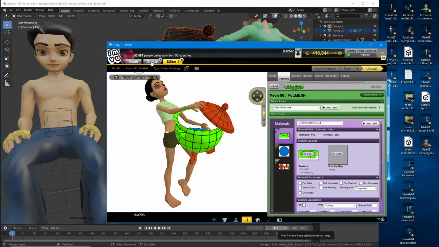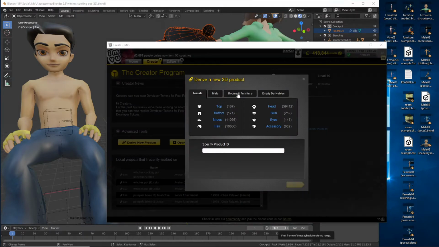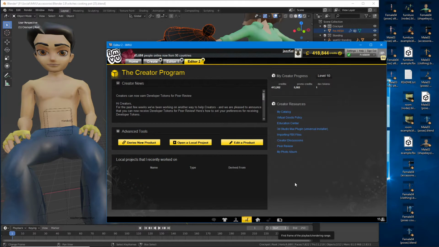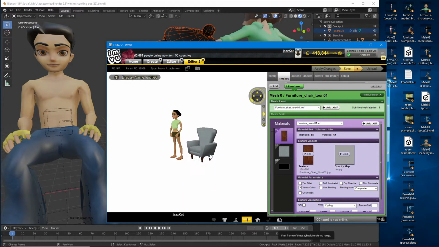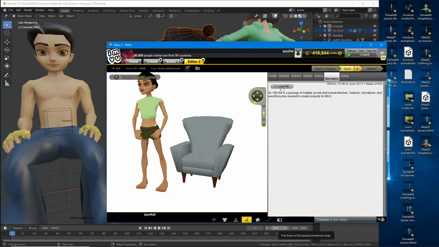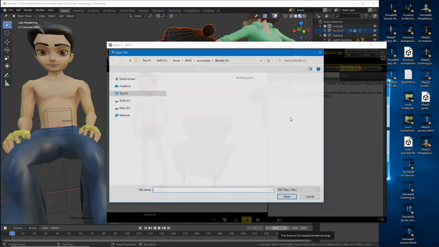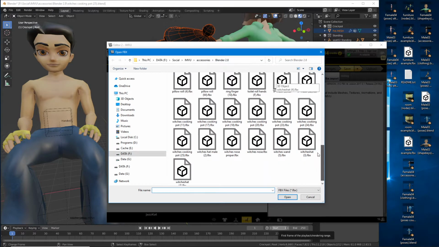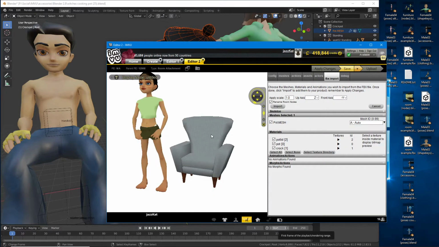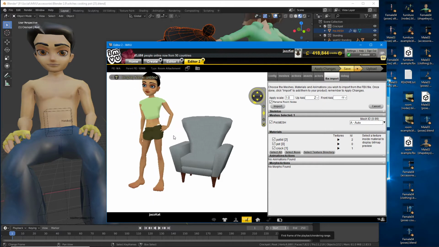So IMVU, derive new product, rooms and furniture, furniture. Go. So we're going to replace the chair. So FBX import, load FBX. We're still in the accessories folder, so we should have, what is it, 25. Open. And because this is a furniture item, it'll generally load the file